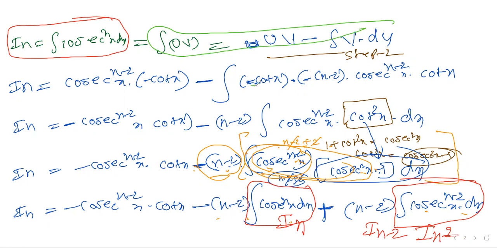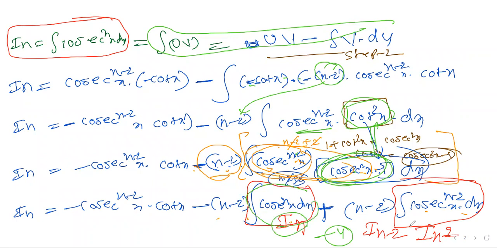Following the same formula, we start applying the methodology. After this, minus into minus gives plus, and automatically I will take the minus out. n minus 2 is a constant value, so I'll take it out: cosecant power n minus 2 x cot square x. Step number 3: cot square x, I can write as cosecant square x minus 1 for my convenience, because the terms are all cosecant, so I convert it to cosecant square x to simplify. Multiplying cosecant power n minus 2 x into cosecant square x inside, I get cosecant power n x dx, then a minus will come; minus into minus gives plus. Step number 4: cosecant power n x dx is I_n, and cosecant power n minus 2 x is I_{n-2}.